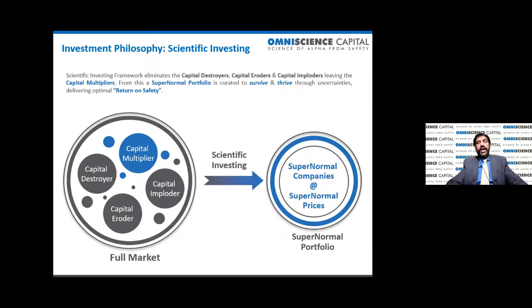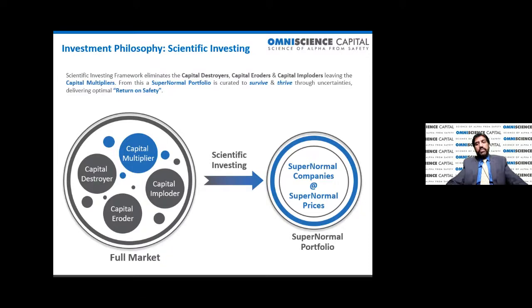These are companies with weak balance sheets, weak business operations, and that's why they destroy shareholder capital. So they're taken out. Next, we clean up the universe and take out the capital eroders. Typically, these are companies which have no competitive advantages. Since they don't have much competitive advantage, their return on capital is much lower than the cost of capital. So the ROE, ROC, etc. is not value creating. Although the income statement looks like the company is in profits, it even pays its taxes to the government, actually it is not creating value for shareholders. So that is capital eroders. They are also taken out.